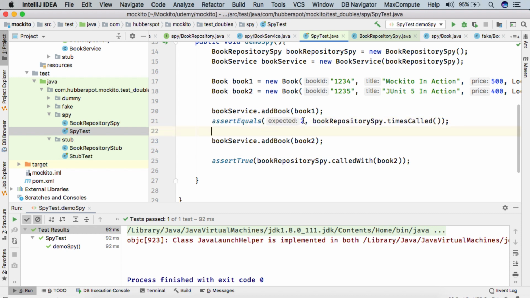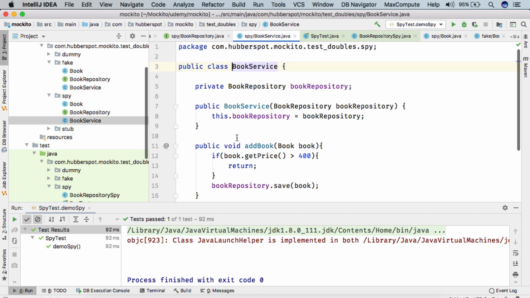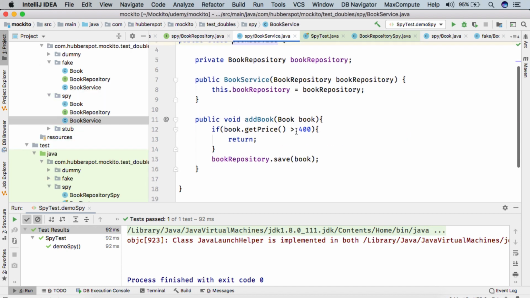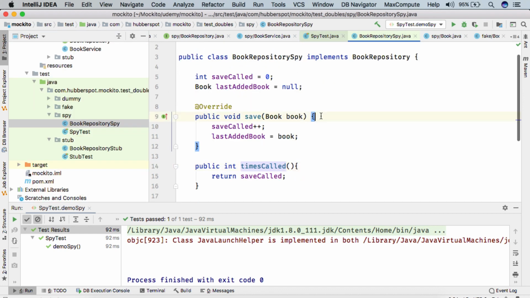So we simply do assert equals with 0, because when we do add book with book 1, it will check the price and simply return, because book 1 has price 500, and 500 is greater than 400. So it will simply return and the save won't be called. So the value of the integer will remain 0.